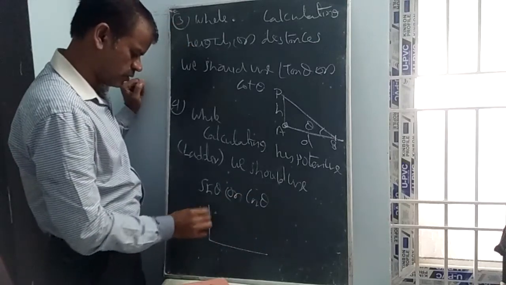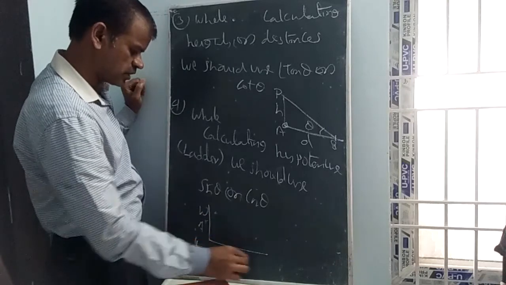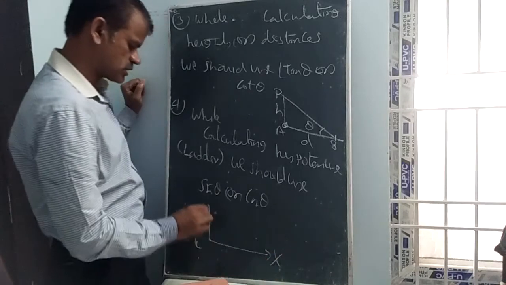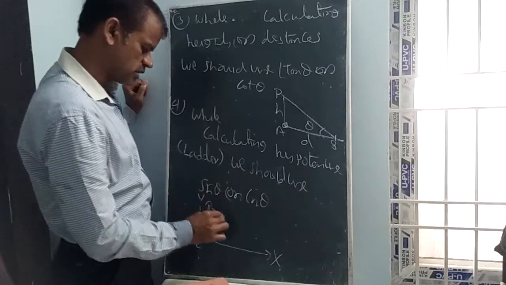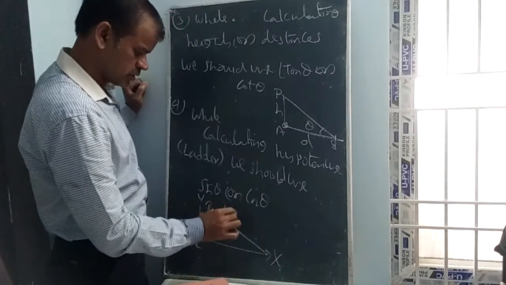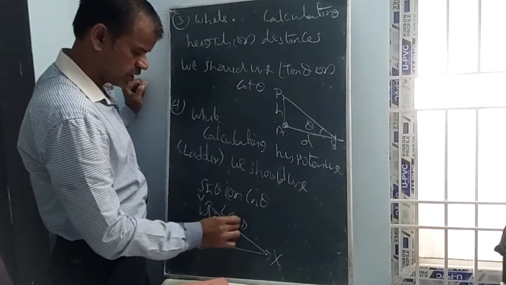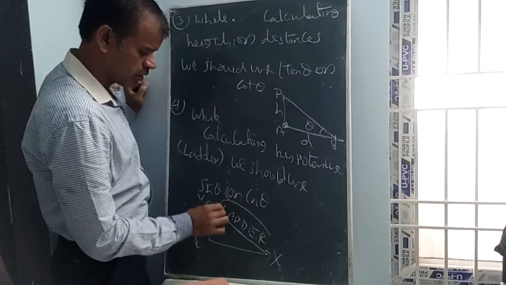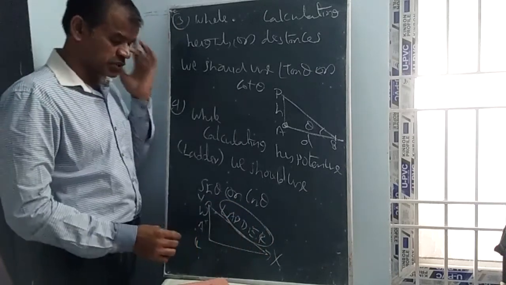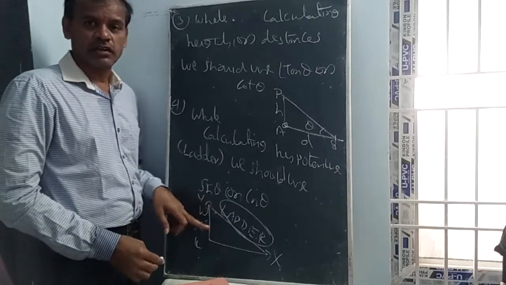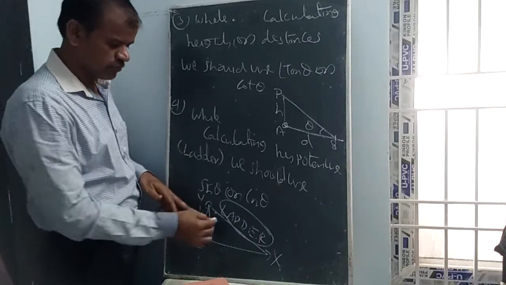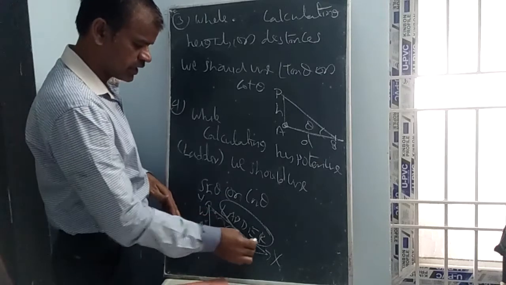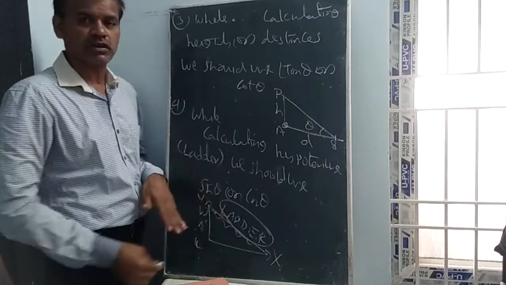Generally this is a wall, this is the horizontal line, x-axis concept, this is the y-axis concept. This is the ladder, L-A-D-D-E-R. This ladder is leaning on a wall. So for leaning objects, we should calculate the length. Sums are there like that. If we are going to calculate the length of the ladder, this is nothing but the hypotenuse.